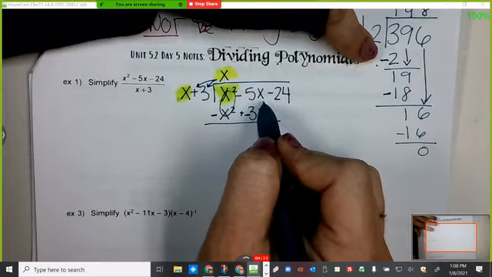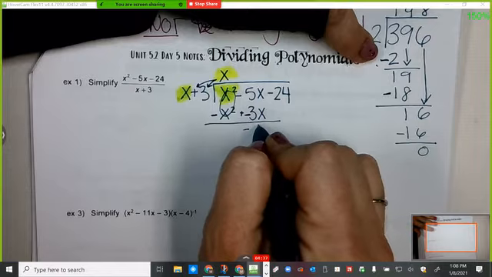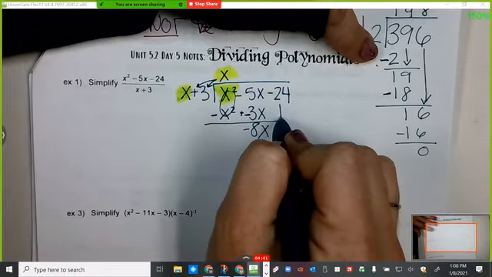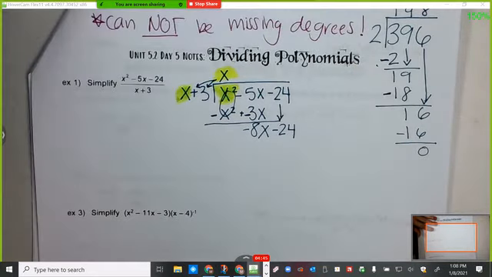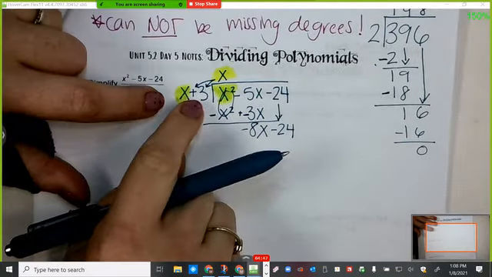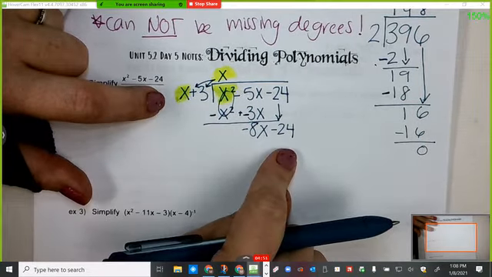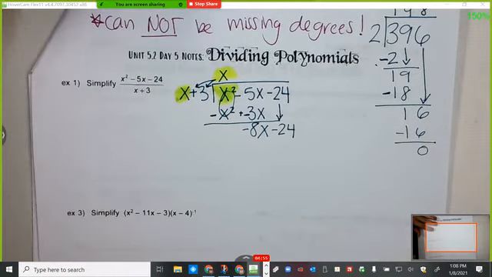Negative 5x plus negative 3x is what? And I'm going to bring down my minus 24. Now, I want you to realize there's 2 terms in our divisor, and there always needs to be 2 terms here. That's why we have to bring it down. Okay, so knowing that,